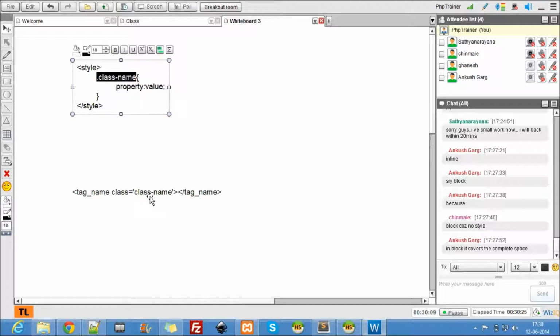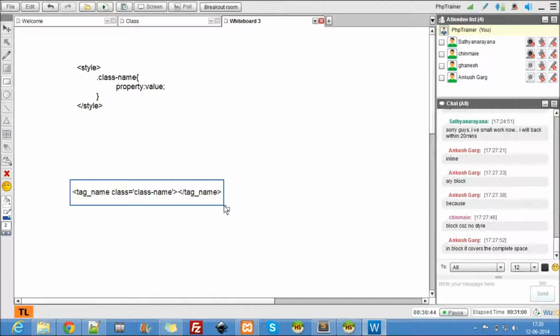Now why classes? Why not tags only? The reason is, now we have seen the div tag. There are so many div tags, right? There are two tags. What if I want to style only one div tag? How can I do it? There should be some other identifier, right? There should be something else other than tag, because when I say div, it's styling everything. I don't want that to happen. I want to identify everything with a unique identifier. So that's where the class comes in.